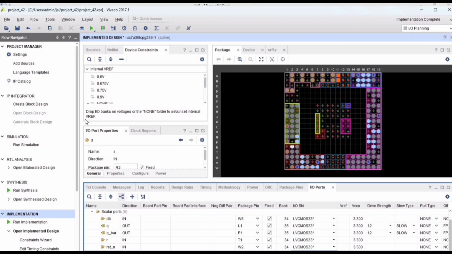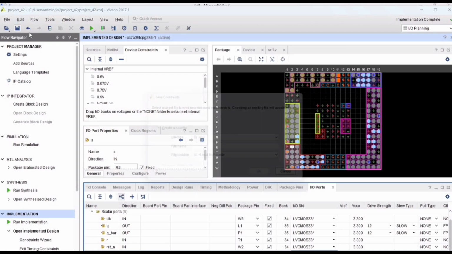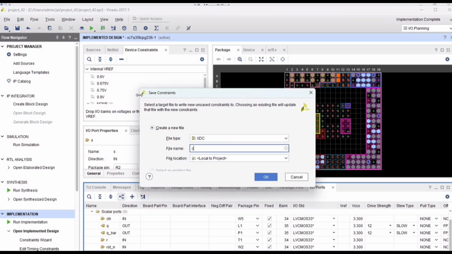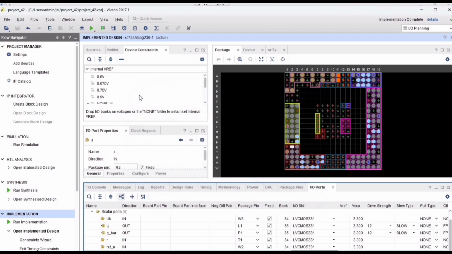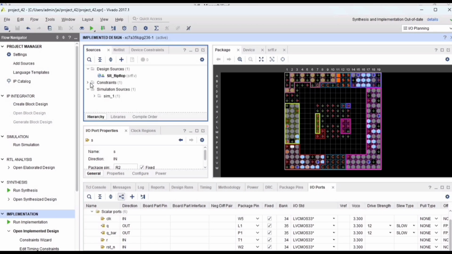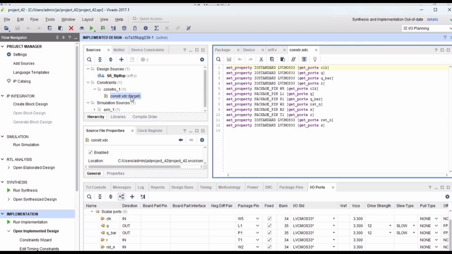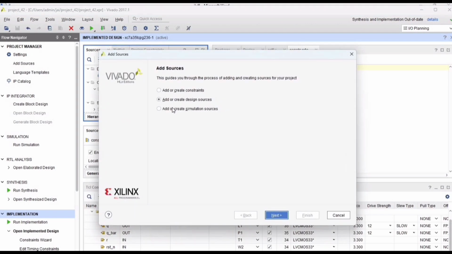Okay, so let me save this project. Go to the source, check this one. So assign the values for clock, Q bar, and W2, R2 and T1 pin. So it's correct. So let me go to create a simulation source